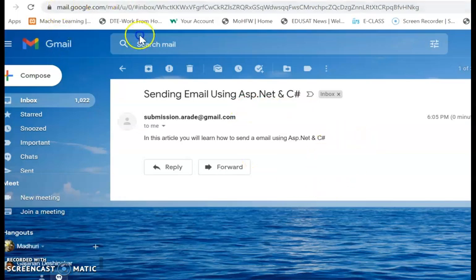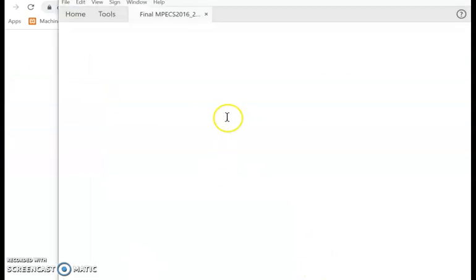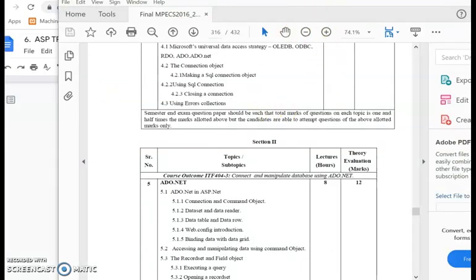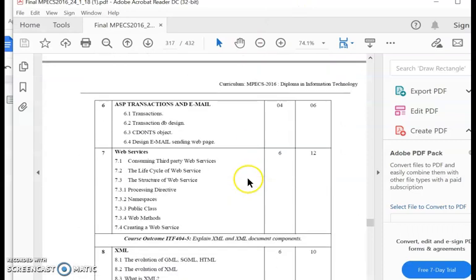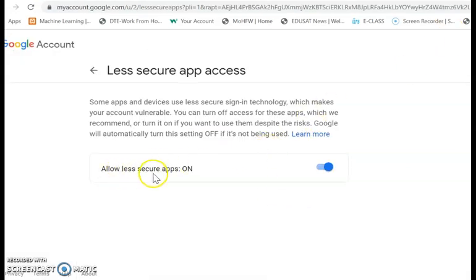So we have covered this last chapter, and everyone try to execute these programs. Chapter number 6: one is about database transactions, and the second is about the email sending web pages program. And once you are done with the program execution, change this setting again. Right now we are setting it for the less secure app, which is a dangerous one. So once you finish with your program, set it as off again. And when you wish to run that program again, you have to set it as on.